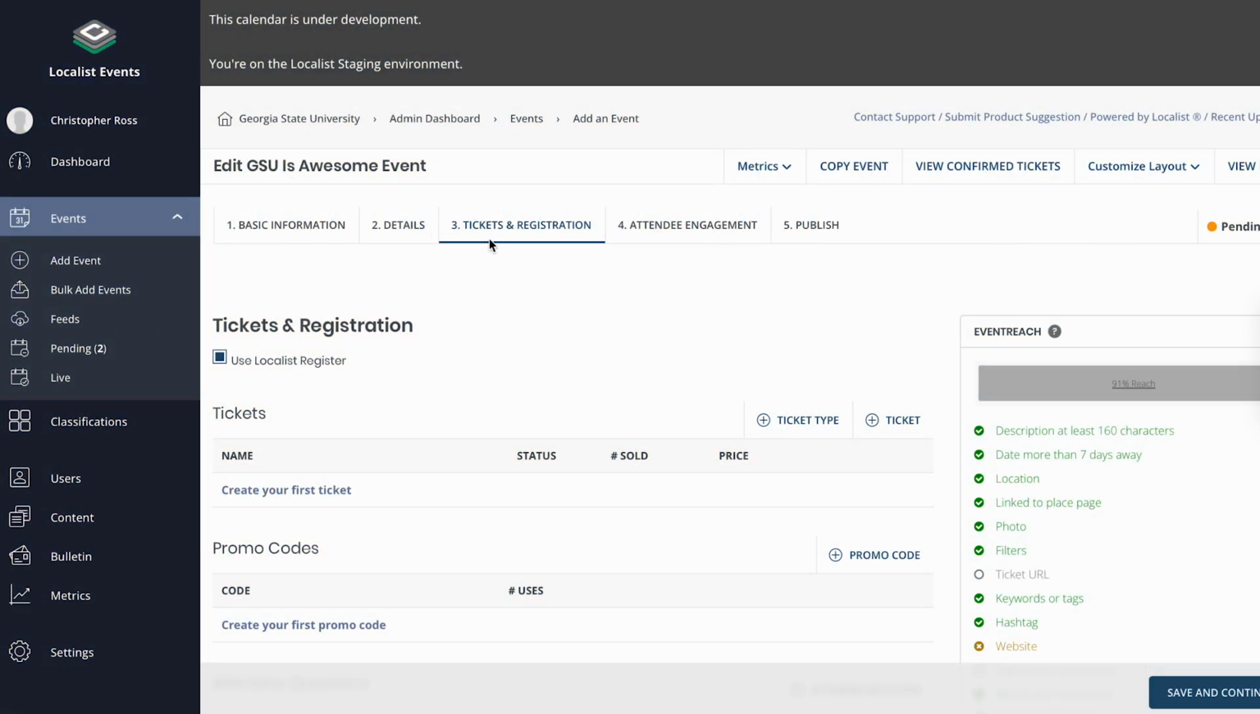We are now at the Tickets and Registration tab. Tickets and registration will only need to be filled out if your event has a capacity limit, if users need to purchase a ticket, or if you simply want to know the total number of people planning to come to your event. Please take note, in order to accept payment through Localist for ticket sales, you need to have a